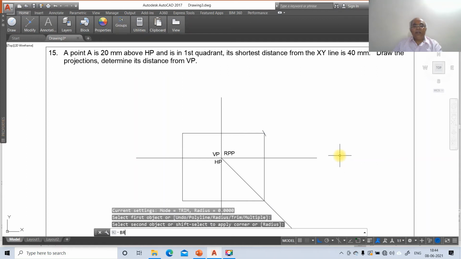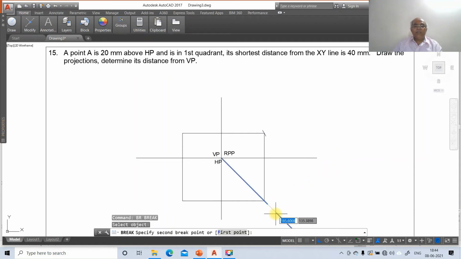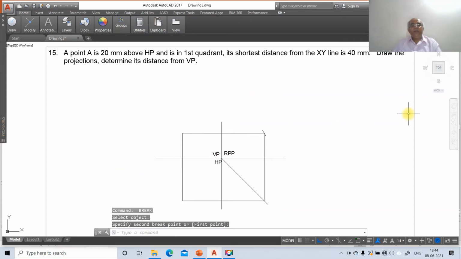Then break this entity till here, then erase this line. Similarly break this line till here, then break this line till here, then break this side here, and now break on this side here. This is how you will be able to solve this problem.